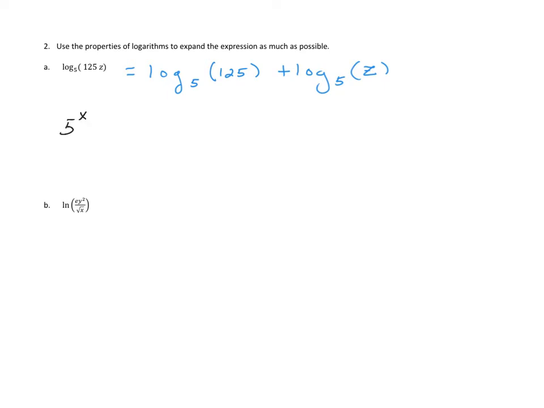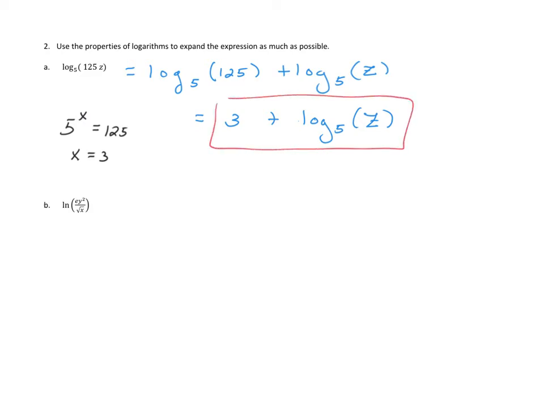So let's see here. 5 to some power, does that equal 125? Does it reduce down to an integer? And it does. I know if you cube 5, you get 125. Therefore, the simplified answer is 3 plus log base 5 of the variable z. Okay, for part B,